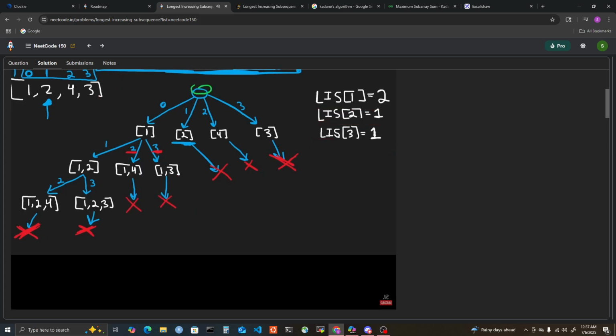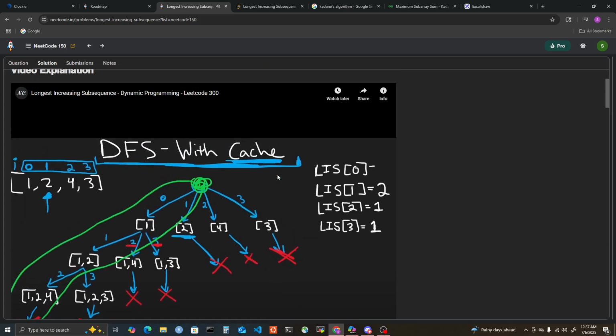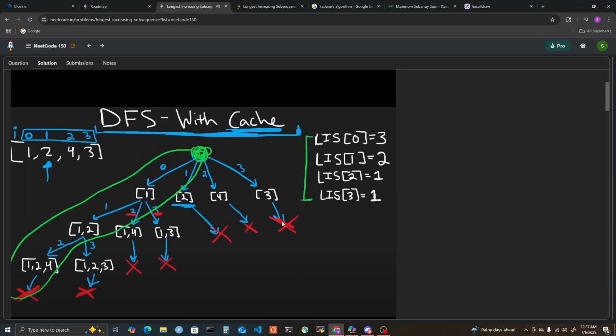So when we finally, in our depth first search, get back to the root, we're going to see that the longest path is one of these, right? Either that, or of course you could go down this direction, but either way, the longest increasing subsequence starting at index 0 is going to be 3. And so when you look at these 4, right, because these are our subsequences, these are the